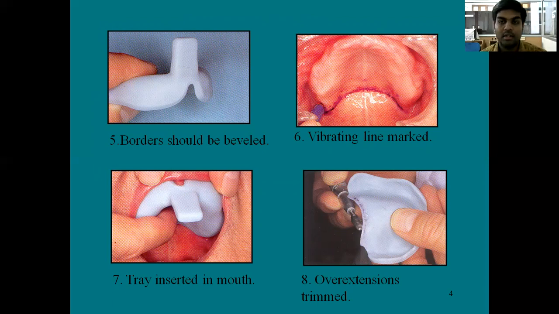In order to find the posterior palatal seal area, we have to use a hematoxylin pencil and also a T burnisher. The T burnisher is used to locate the posterior palatal seal area, and once you locate it, you can use a hematoxylin pencil to mark it out.